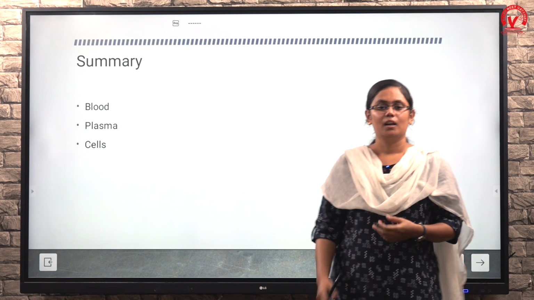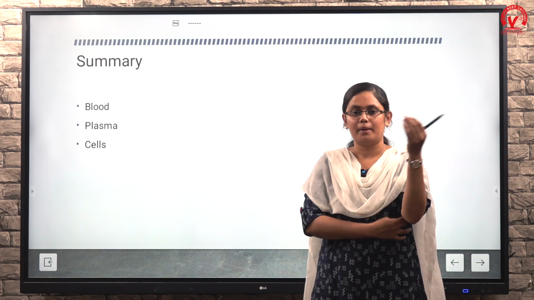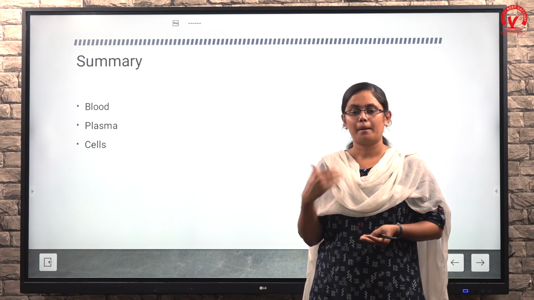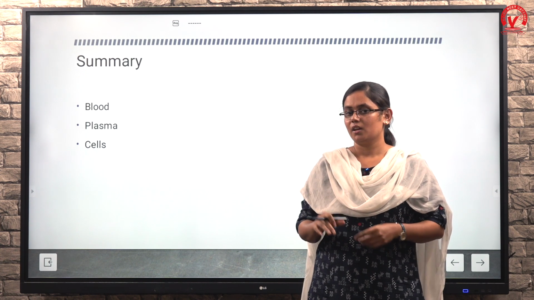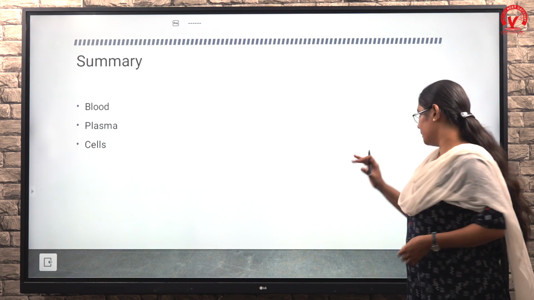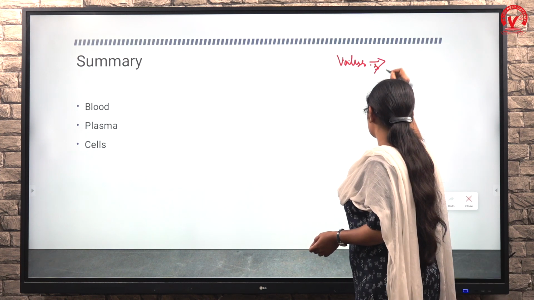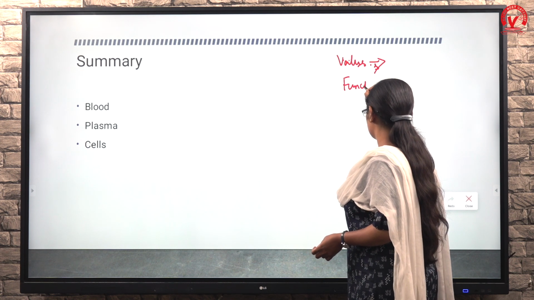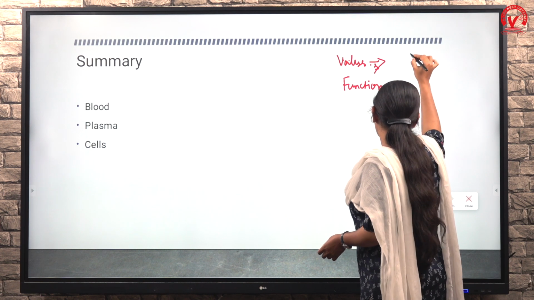To summarize, in the whole session we saw about blood and the volume of blood components, which is divided into two different types, plasma and blood cells, and the various types of blood cells we discussed. So, the important points to remember are numerical values. Next, we have to remember the functions of each cell. So, coming to values, the one point you have to notice,